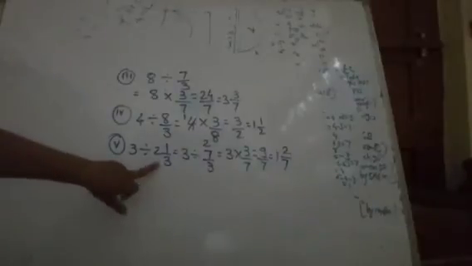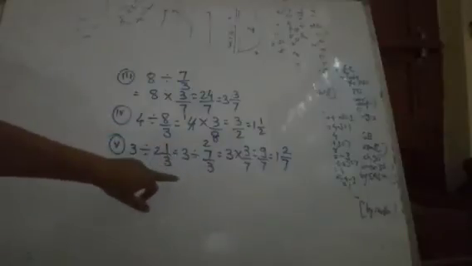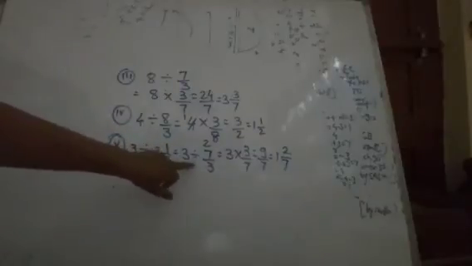Got it, everybody? Convert this into improper fraction. 3 2s are 6 plus 1, 7 by 3. First term you always have to write as it is. So 3 we have written. Convert division into multiplication. When you convert division into multiplication, the second term becomes its reciprocal. 7 by 3 will become 3 by 7. Then 3 3s are 9. 9 by 7 means convert that into improper fraction. 7 ones are 7. Remainder is 2 in the numerator, divided by 7. So 1 integer 2 by 7 will be the answer.